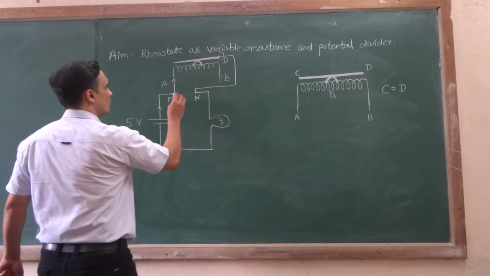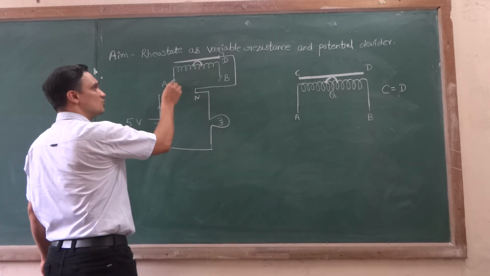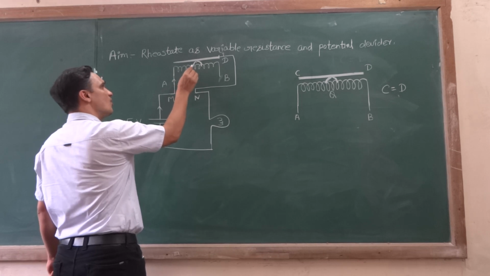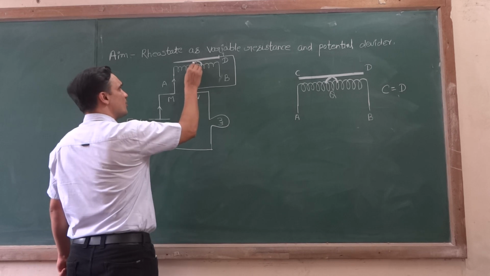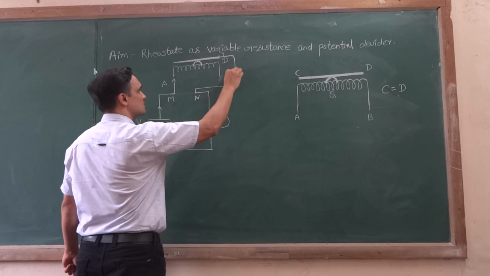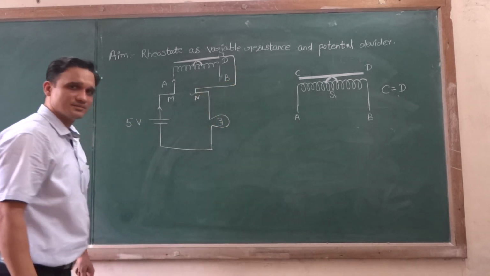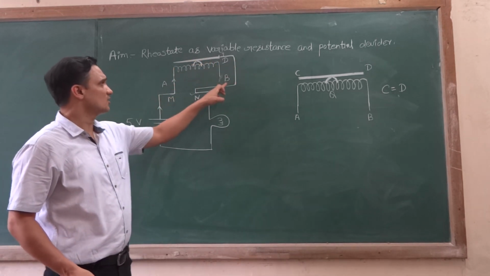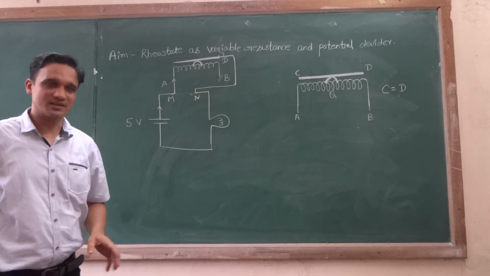Now what is the path followed by this current? This current will enter the rheostat through the point A. It will pass through these nichrome wires, but here a copper strip is connected. From this copper strip, the current will go and pass through the point D and will enter the circuit at the point N. Alright? So current will be allowed to pass only through this path of the circuit, because the B end is not connected at any point in the circuit.